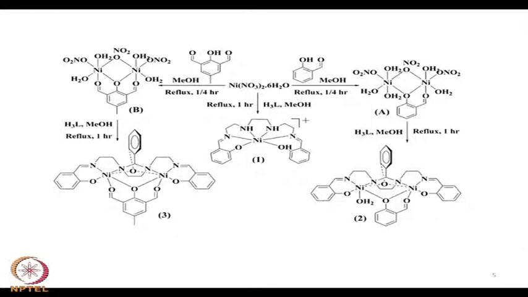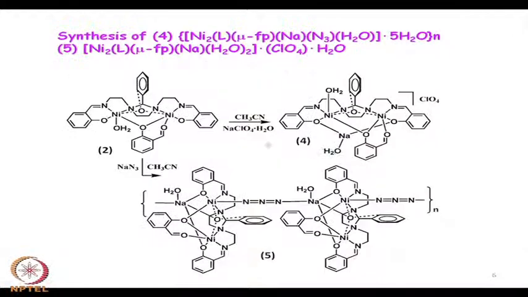So, deprotonation will be possible when you have the phenol bound to the nickel site, because this particular OH is much more acidic compared to your free phenol. The pKa value for this OH is less compared to a typical phenol, what we know for the isolated molecule. So, this is your neutral compound, and that neutral compound, when you allow it to react with, say, sodium perchlorate.